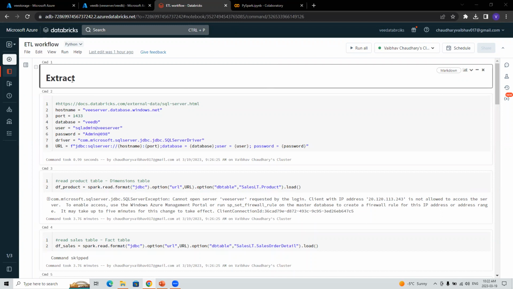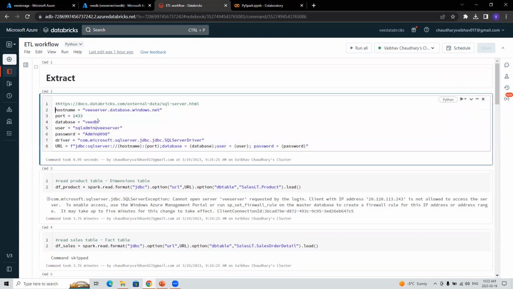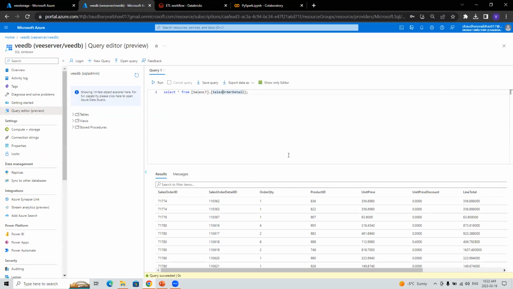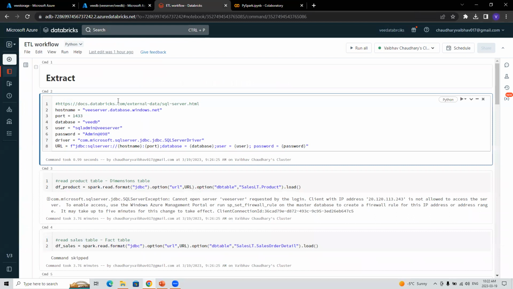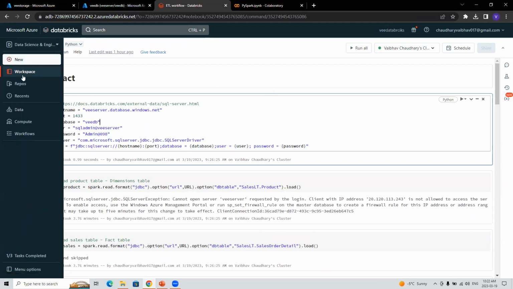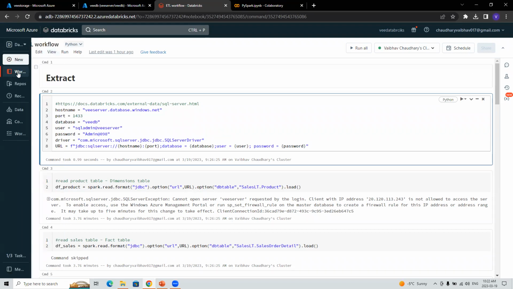So that is the different types of extraction. Now, coming to the server part, this is very obvious why I'm doing this here, but I'll tell you why this JDBC and everything was, like this code here. What it's doing basically is it's making a connection between this server here, the database here, and my notebook here. This is exactly what it's doing.